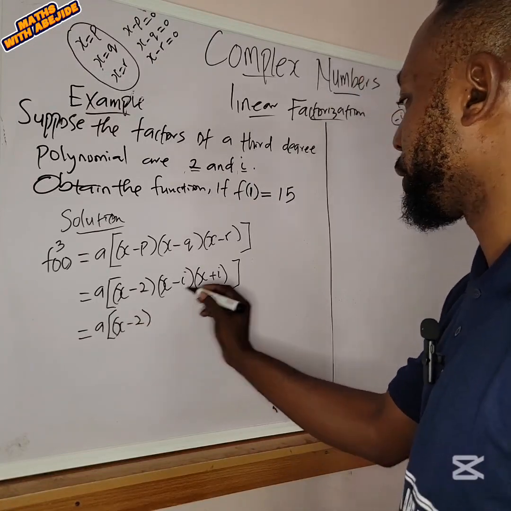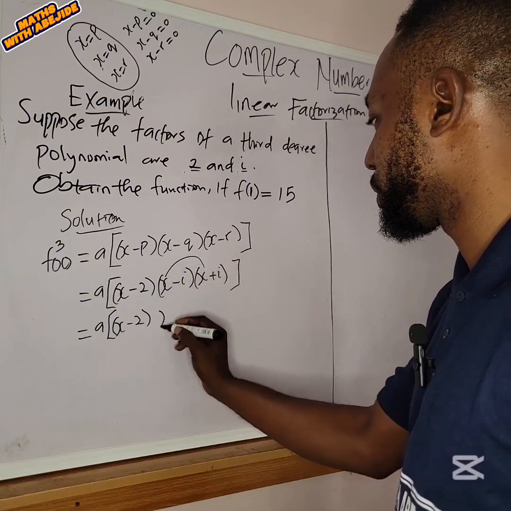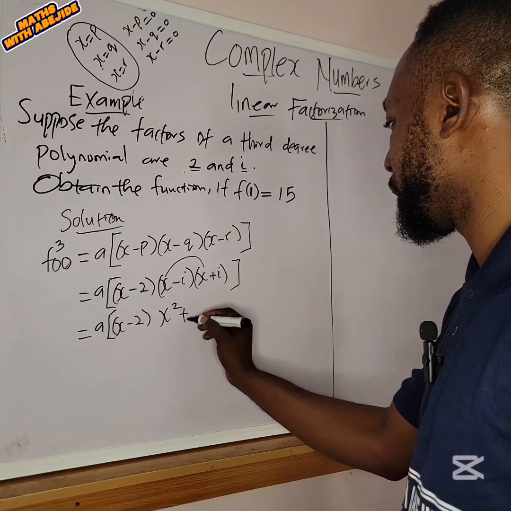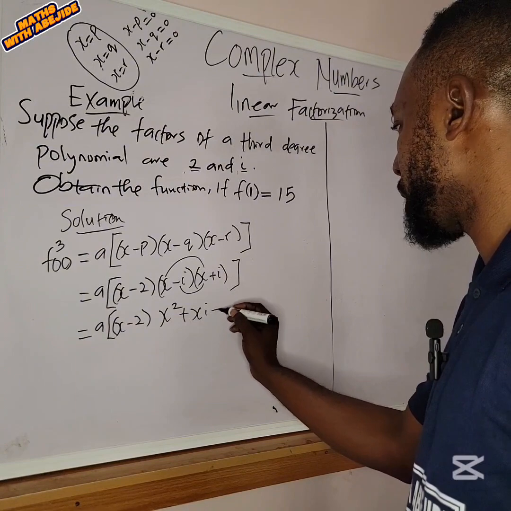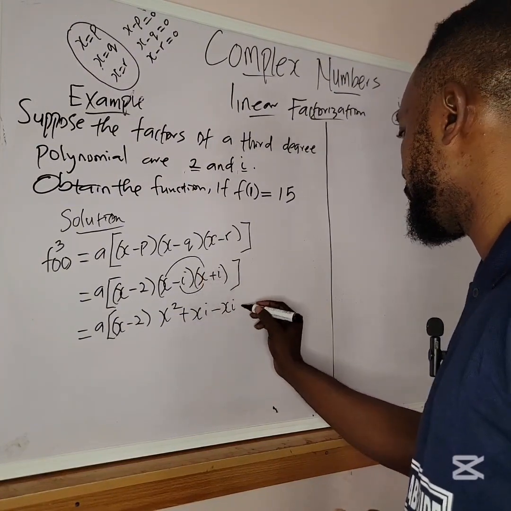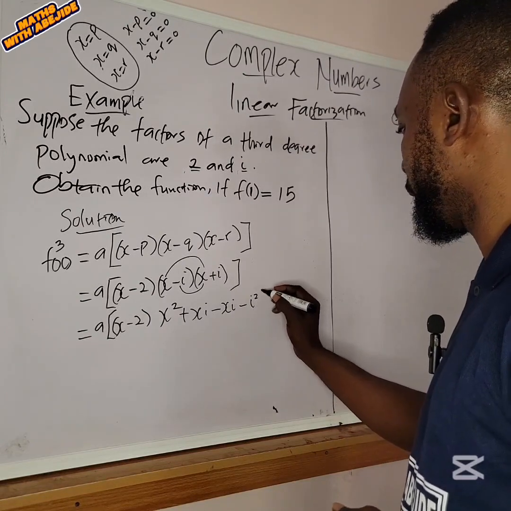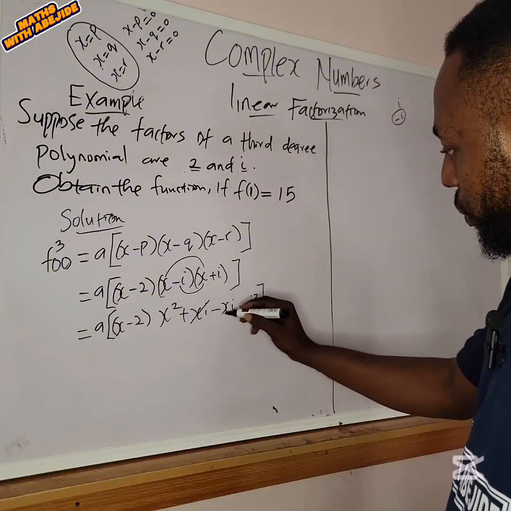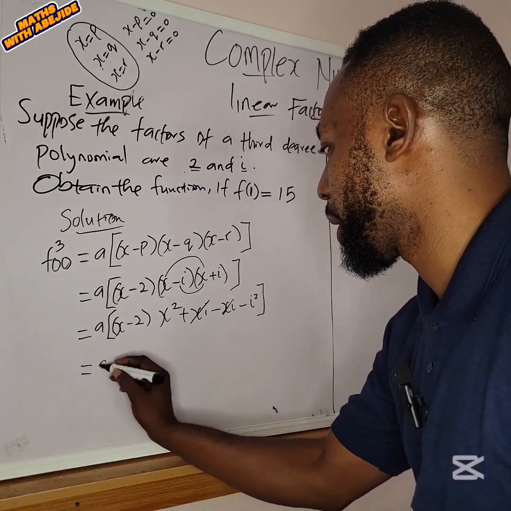Let's start the multiplication from this side. This x will go for this x, we have x squared, right? And this and i plus xi, this and this, we have minus xi, right? And this as minus i squared. Okay, so obviously this and this will cancel out. We can be left with a